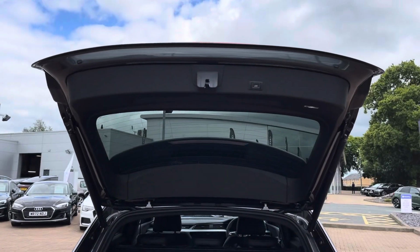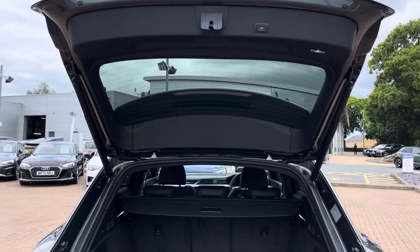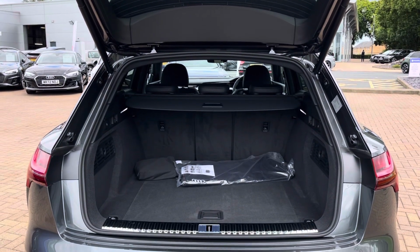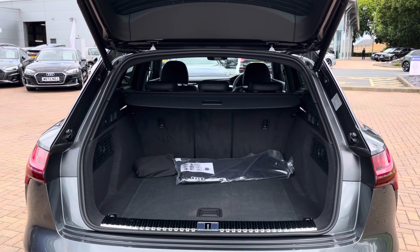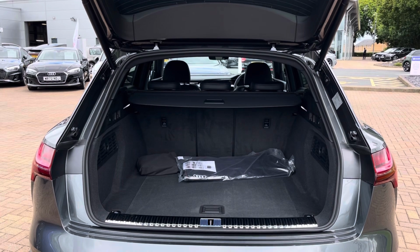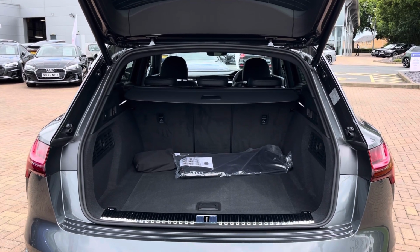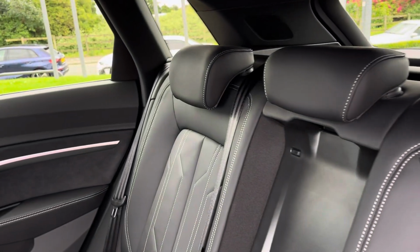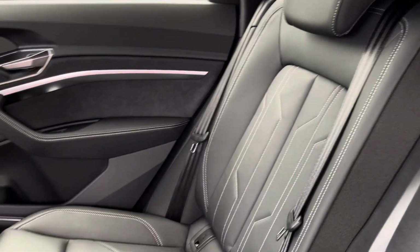With the electrically operated tailgate open, you get 528 litres of boot space, which is perfect for your everyday essentials and weekend away luggage, and with the rear seats folded down you get 1,567 litres, perfect for those larger and bulkier items. The interior is finished in twin black leather with contrasting grey stitching for maximum luxury, with centre armrest